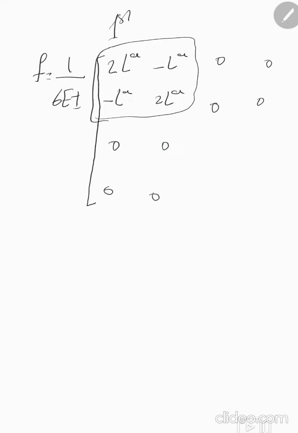This is the first part. Then the second part, same, but you should take the second length to AB: LB, minus LB, minus LB, and LB. And if we have, for example,